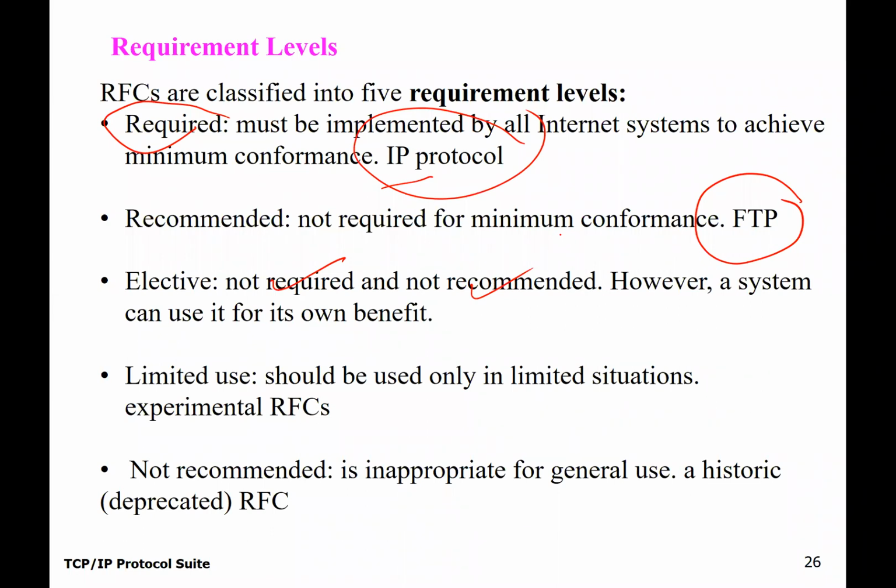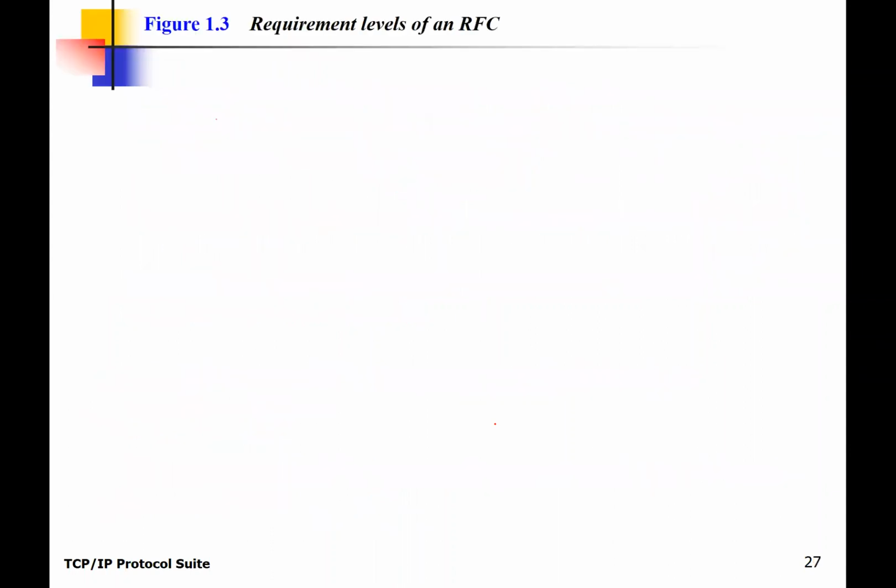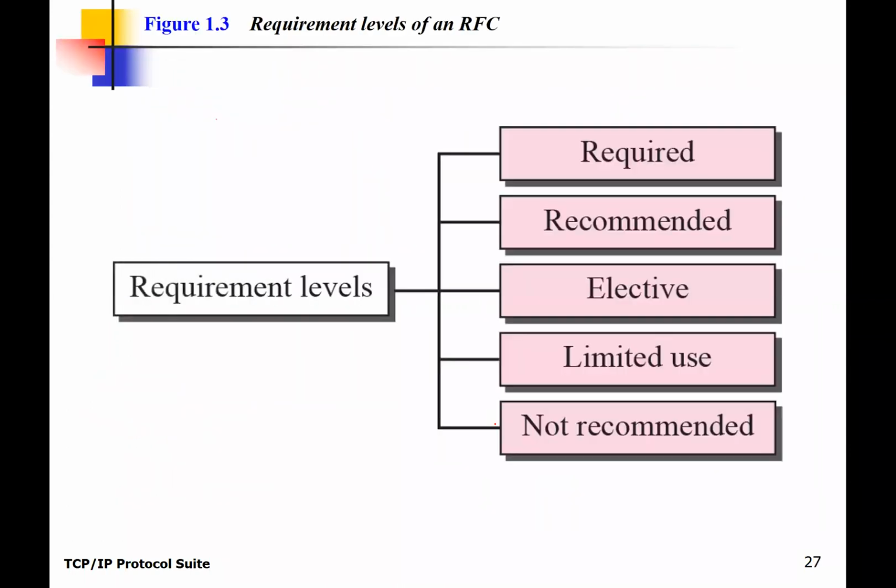And some protocols are limited. You cannot really use them. They're mostly for research, and that's why there is the experimental category. And some of them you cannot use at all. Anything that went to historic means it already went through a process and was not approved. So you cannot use it. There is no way you use that at all. All right. So that's why you have to follow the standard.